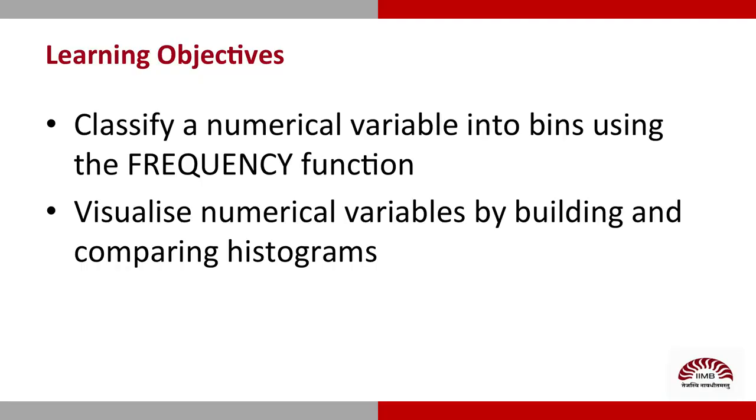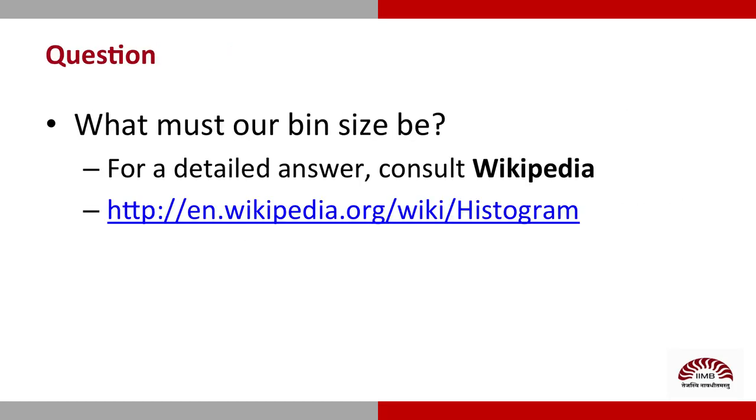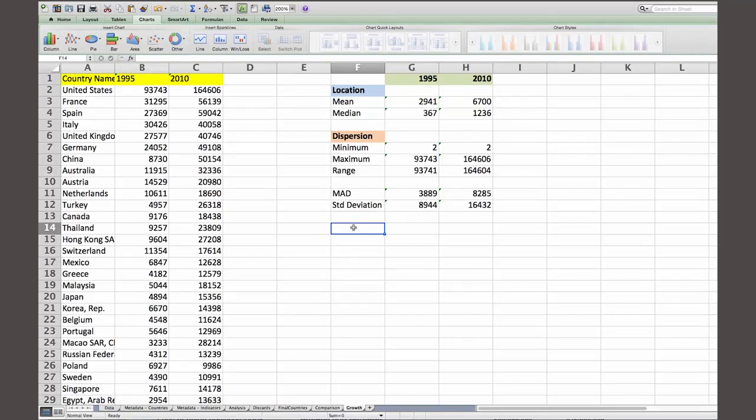Yeah, but we have 161 numbers this time. Yes, that's the problem, right? We use spreadsheets to process larger real-life data sets. Now there are many formulas for what should be the ideal size of a bin. I'll just go with a bin size of 2000 for now. So we agreed on a bin size of 2000.